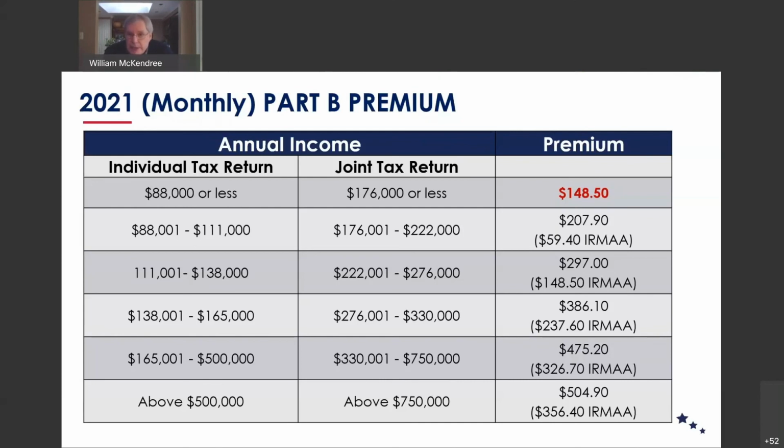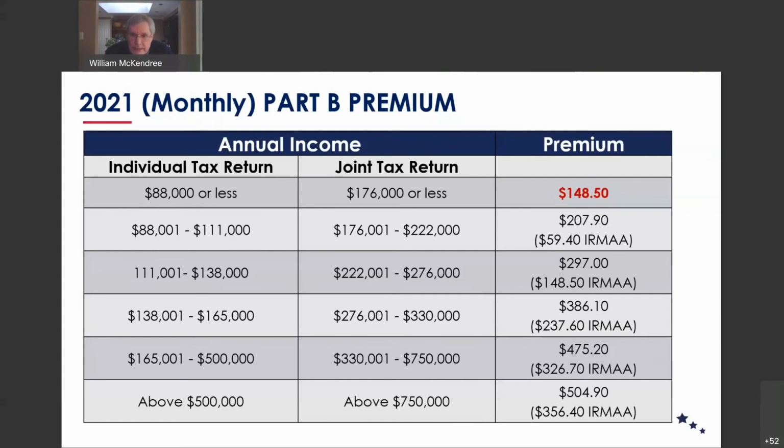If they find that your income from 2 years ago was less than $88,000 based on a single return, or less than $176,000 based on a joint return, they're going to determine that your Medicare Part B is the base amount, $148.50. If, on the other hand, for that particular look back year, your income is in one of the higher